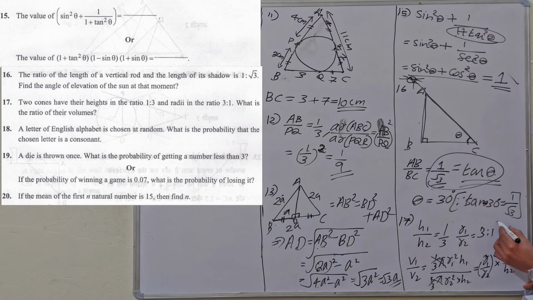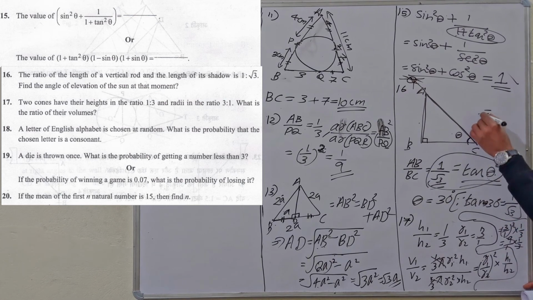What is this? I am writing here, okay? What is R1 by R2? That is equal to 3 is to 1. Am I right? Sorry, 3 is to 1, we can write 3 by 1. So 3 by 1 whole square into, what is H1 by H2? That is 1 by 3. Which is equal to 3 square is 9, 9 by 1 into 1 by 3. Solving this, what will we get here? 9 into 1, 9 by 3. 1 cancel, 9 by 3, that is equal to 3, and in denominator 1 is there. So the ratio is equal to 3 is to 1.